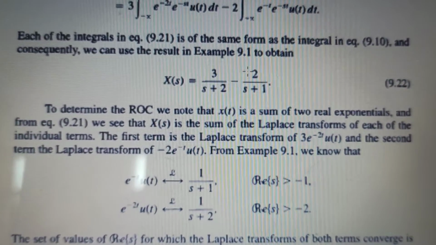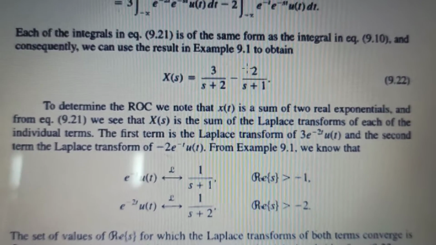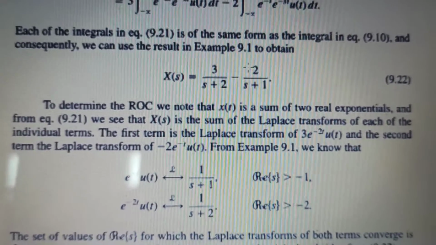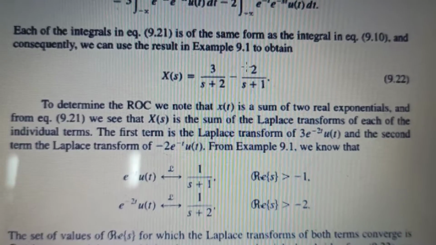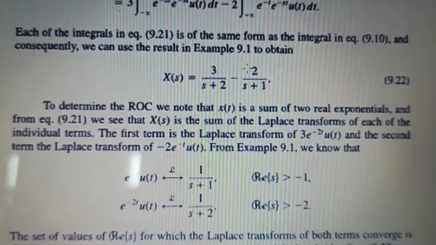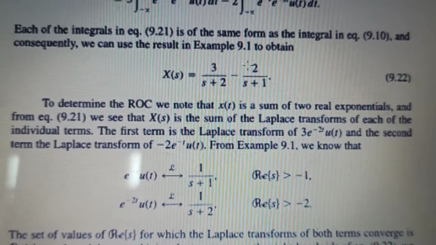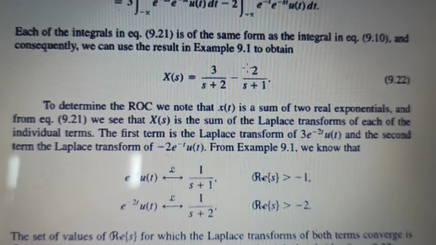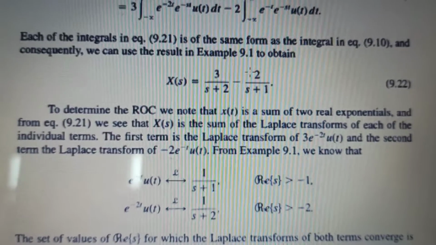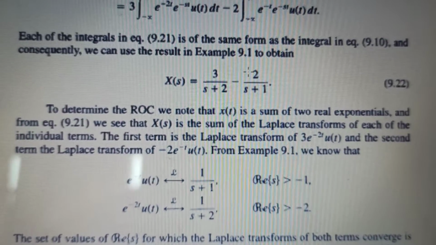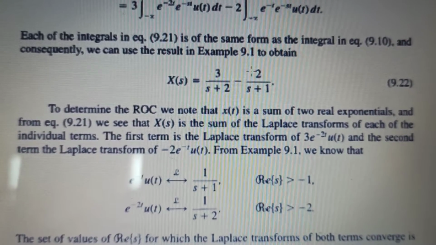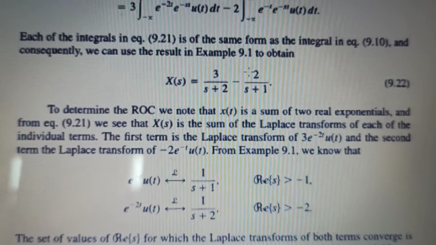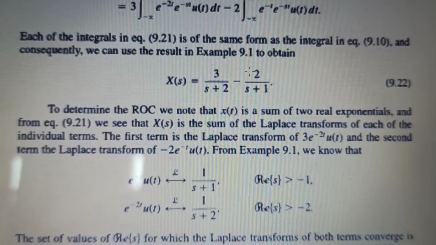And from (s plus 2)(s plus 1), when we equate this to 0, then we will get s equals minus 2, s equals minus 1. Is it clear? So if the poles are to be decided, then we can simply say that s equals minus 2 and s equals minus 1 are the poles. From the numerator, we can easily say that s minus 1 equals 0, that is s equals 1, is the zero of this system.